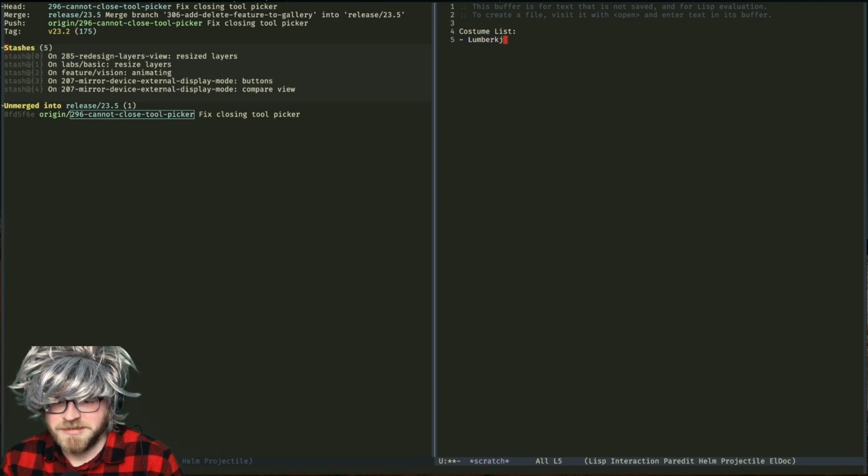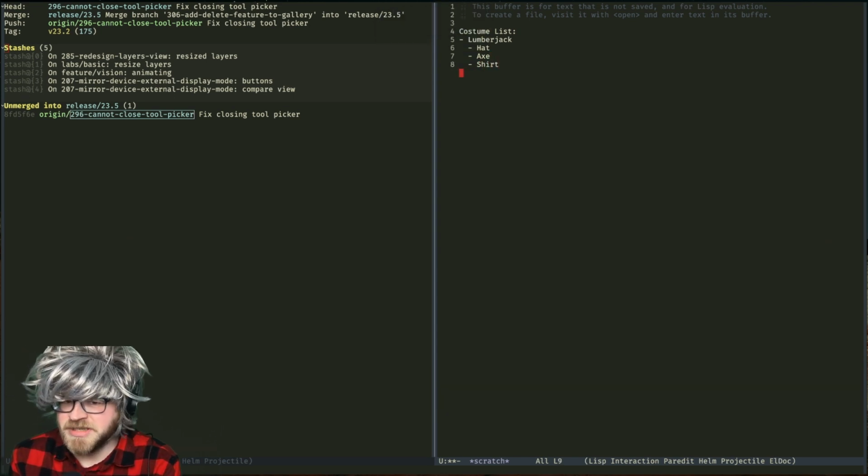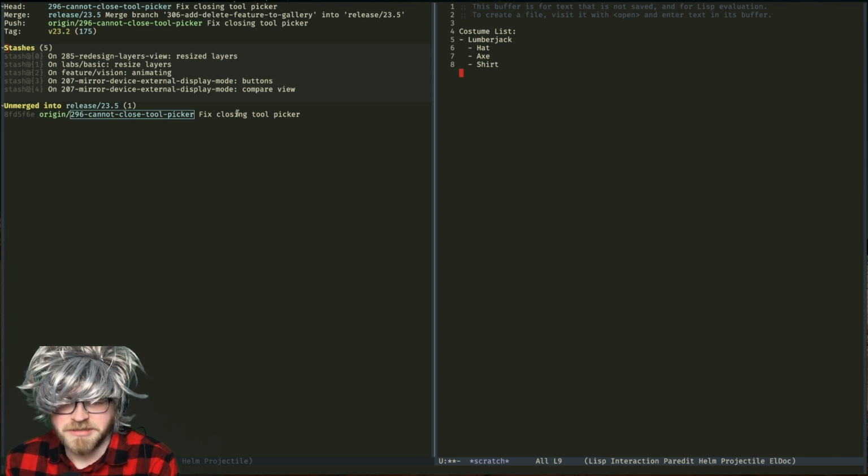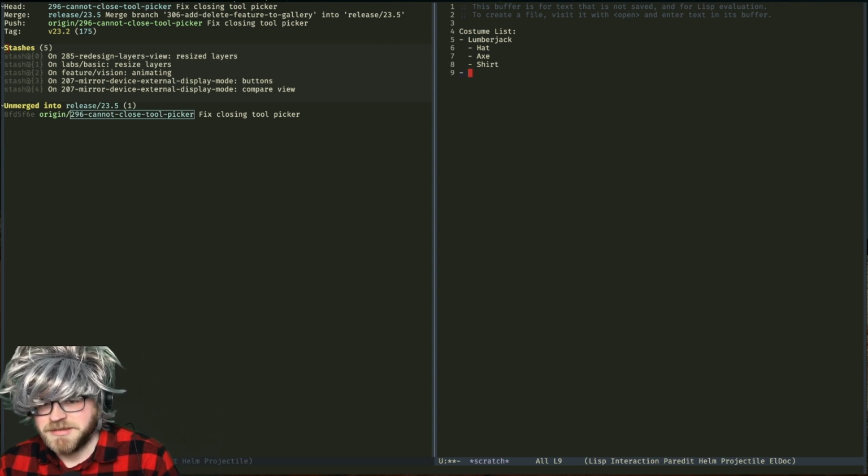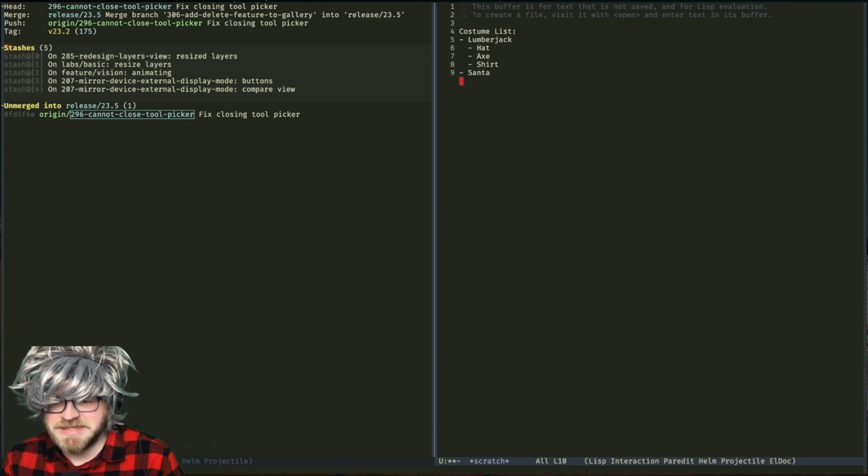Lumberjack. And this has a hat, an axe, and a shirt. Because what would be really fun is if I allow you guys to mix and match it. It's like what all goes in here. So we got Santa, and he's got a hat and a beard. And then we've got